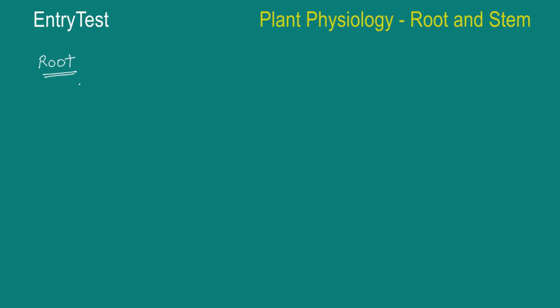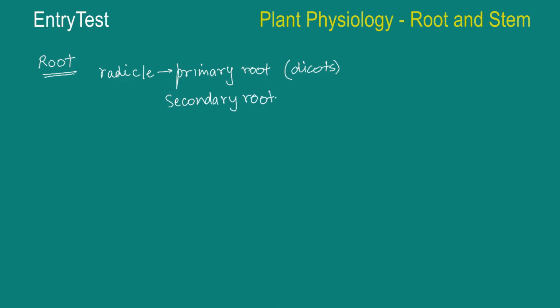Right, so you know that in a majority of the dicotyledonous plants, you have a direct elongation of the radicle that leads to formation of the primary root. So it's the radicle that leads to the formation of primary root, and this is true for most of the dicots, and this grows inside the soil. It also bears lots of lateral roots of several orders, and those can be called secondary roots, and then further roots that are known as the tertiary roots.